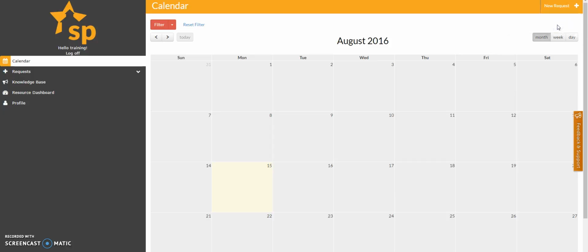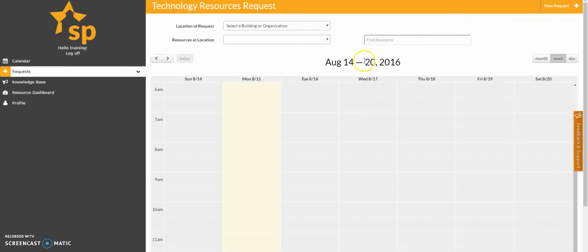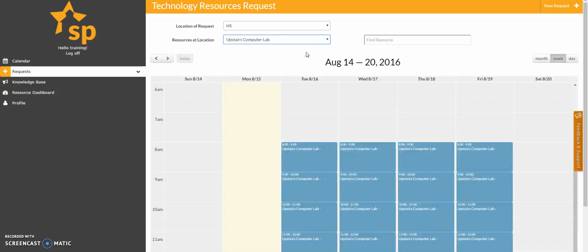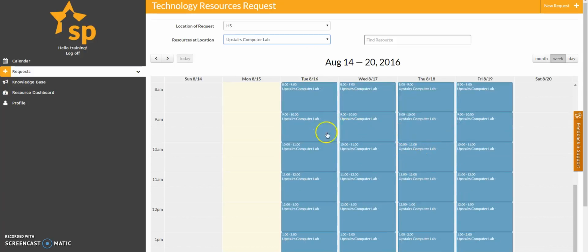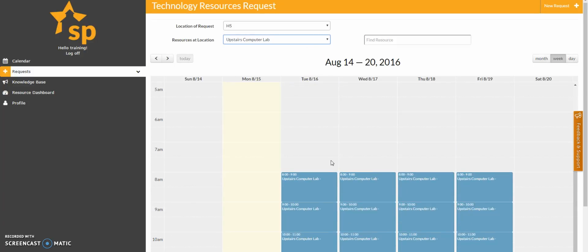So we're going to click on Technology here. You see here that it brings up a calendar. We have the option to go in here and select this location of request by building, or we can do a search over here by find resource. I'm just going to select the high school here, and you can see here that it pulls from the resources that are under the high school level, and you see that we have the option to do the upstairs computer lab. If I click on upstairs computer lab, it brings me up the availability here in blue for the particular